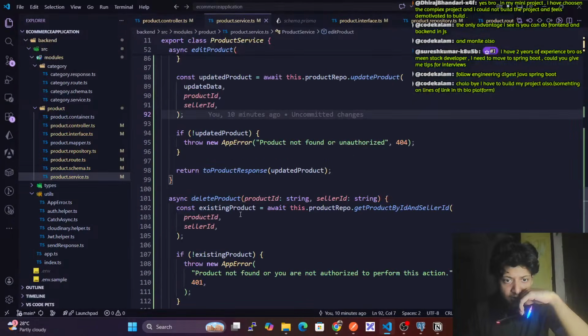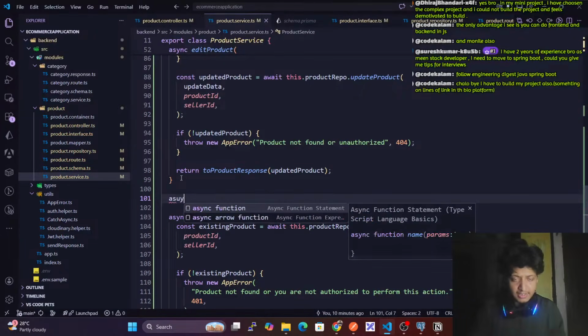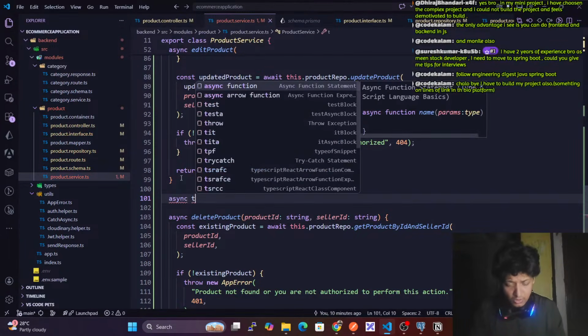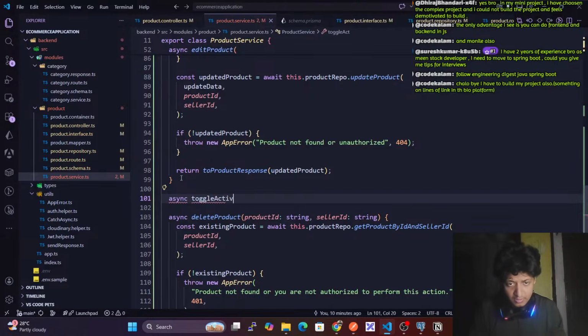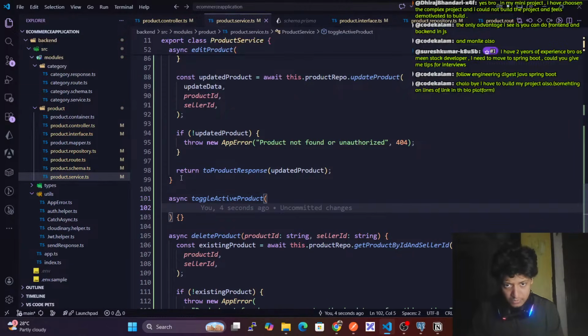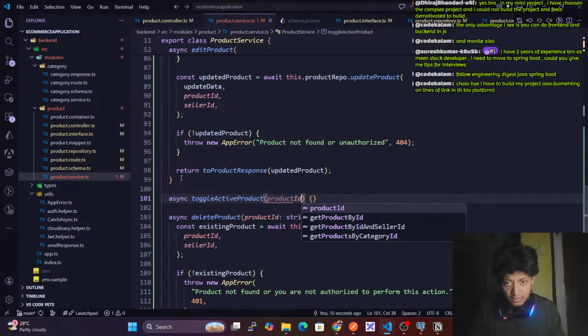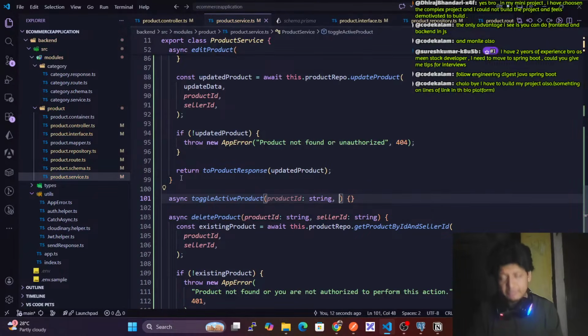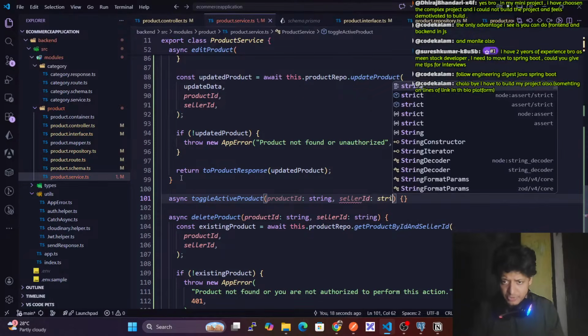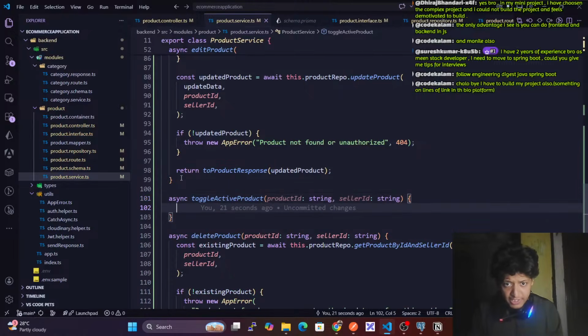Create the service before deleting the product. Async toggle active product. Here we have the product id of type string, and after product id what we need? After product I need the seller id of type string. Then after seller id what we need? Product id and seller id. Okay, so after this,